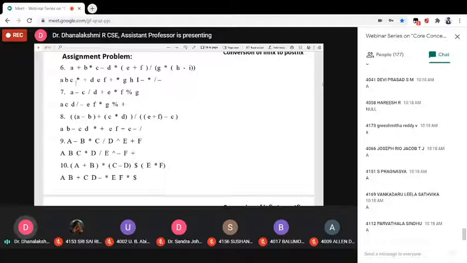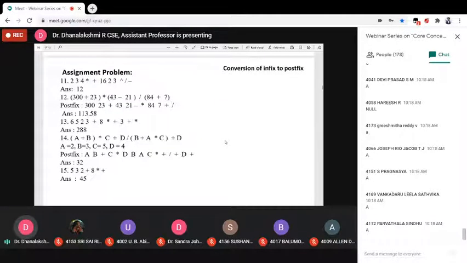So in the exam, I told you that procedure. You can put the output box as well as the stack box. Whenever an operand comes, you can put it in the output box. Then when an operator comes, you can put it in the stack. Then you have to pop the operators stage by stage. You have to explain properly. Okay. The next one.